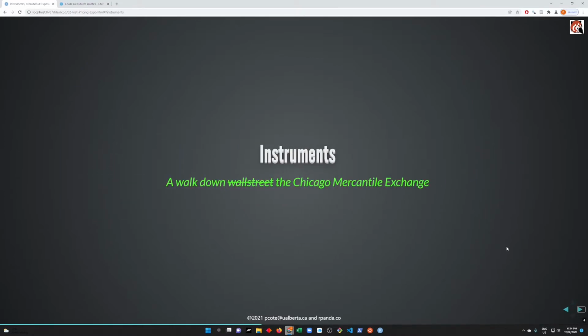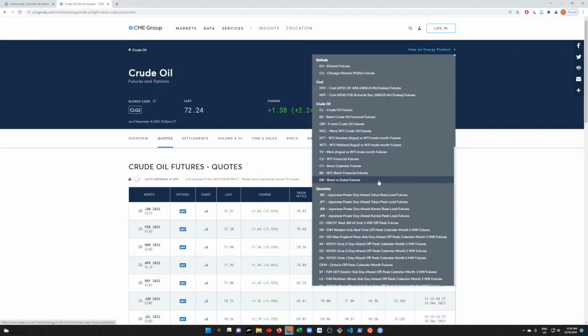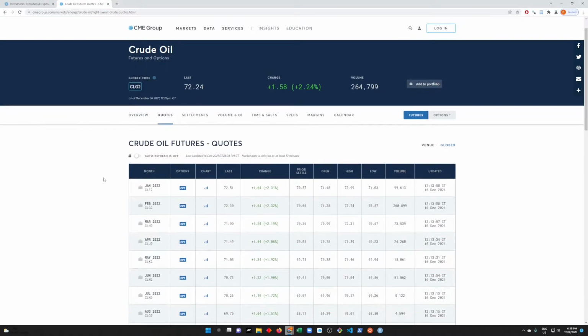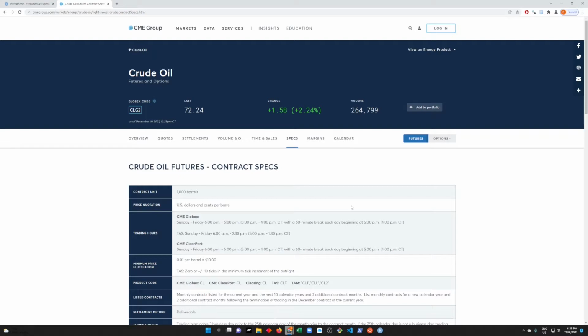In terms of instruments, we'll cover this very, very briefly, simply because what we'll be concerned with are primarily futures contracts. So let's head to the Chicago Mercantile Exchange website. This is the futures contract for WTI crude. And you can look through the exchange website. There are many, many types of contracts. We'll discuss how to read quotes a little bit later. But as I've described, futures contracts have standardized terms. Those can be found through the contract specifications.